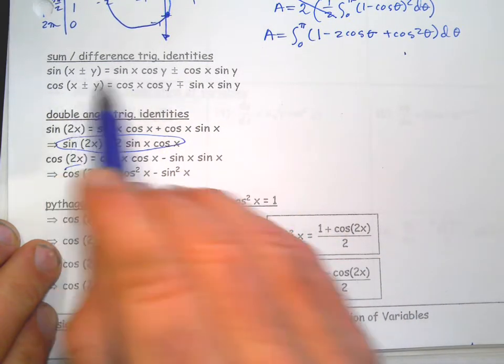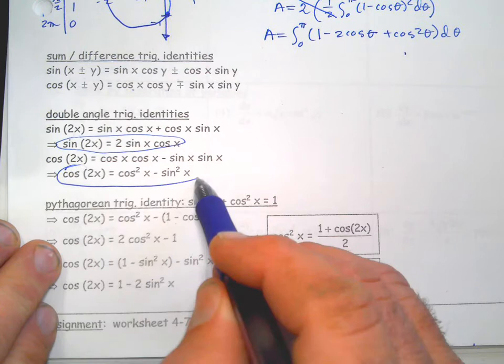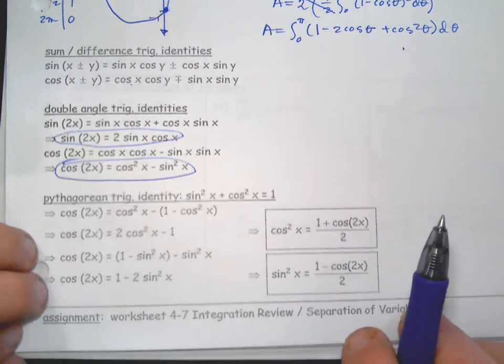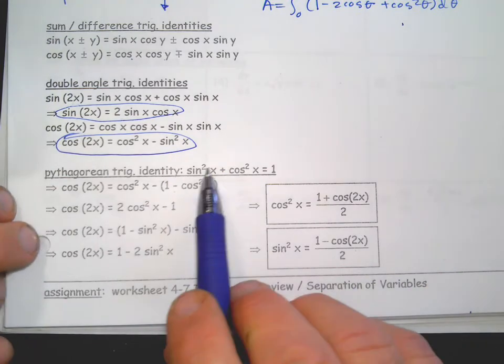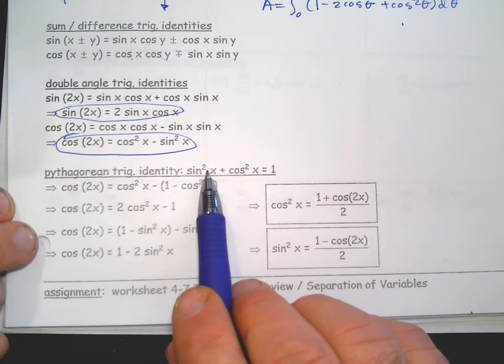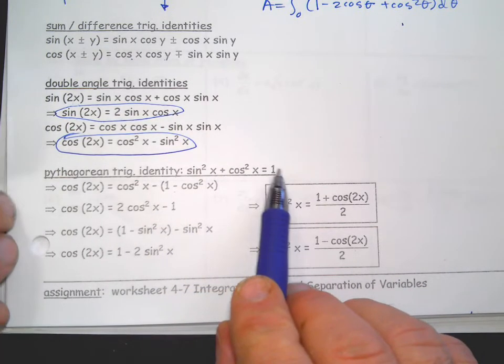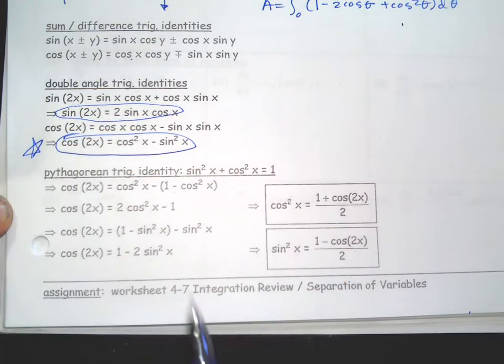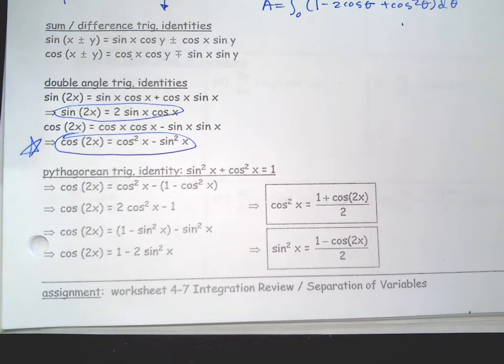If it's plus here, it's minus here. So there's the double angle for cosine. Now we're going to use another trig identity, the Pythagorean trig identity that says sine squared plus cosine squared equals 1, so that we can rewrite. We're going to actually focus on the double angle for cosine, which is the only one we're really going to need